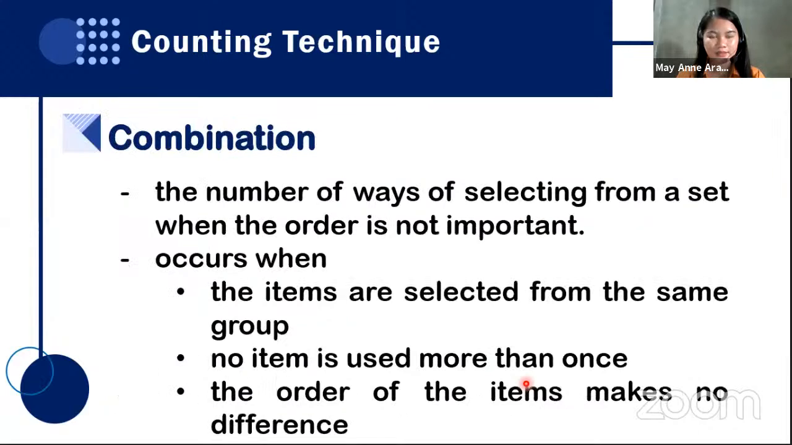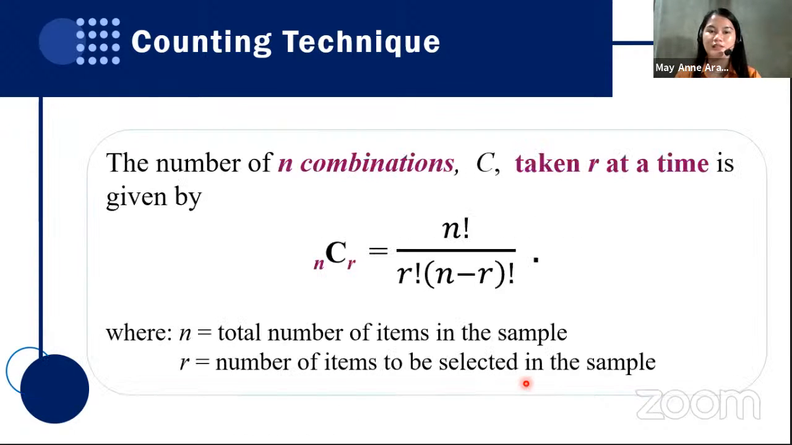Okay. Next, we have the combination. Combination is for selection, while permutation is arrangement. It occurs when the items are selected from the same group, no item is used more than once, and the order of the items makes no difference. Meaning, you just select, and that's okay, as long as it's a selection as a group. So the order or arrangement is not important. That is combination. And we only have one formula for this, which is nCr equal to n factorial